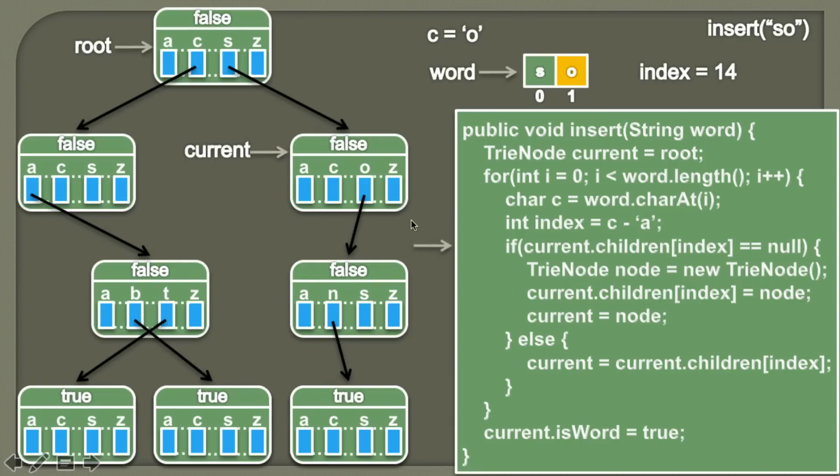Now we'll again provide an if block and we'll check the value in this trie node array at index 14. So here you can see the value is not pointing to null, it is pointing to a trie node. Therefore the condition in the if block comes out to be false and the else block will be executed. So in the else block, whatever this trie node array at index 14 is pointing to, we will simply traverse current to that trie node. So it would look something like this.